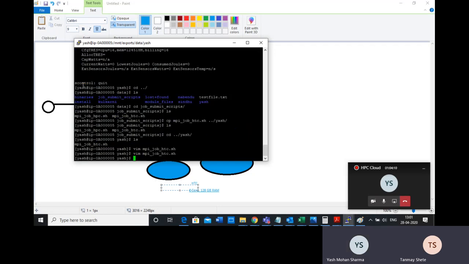Now, how to submit the job: sbatch is the command to submit the job. So sbatch, and then you have to give this script. Generally, it is preferable to keep this script executable.